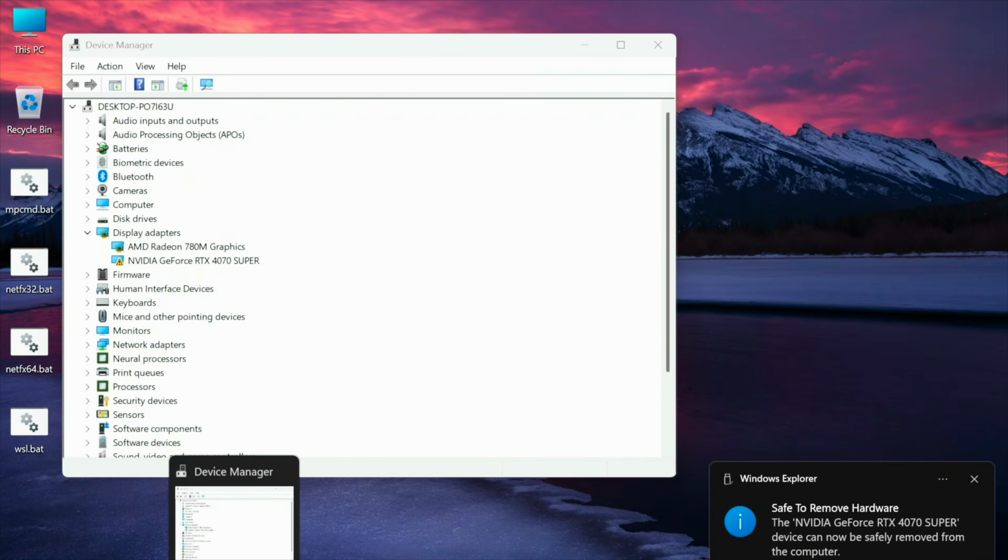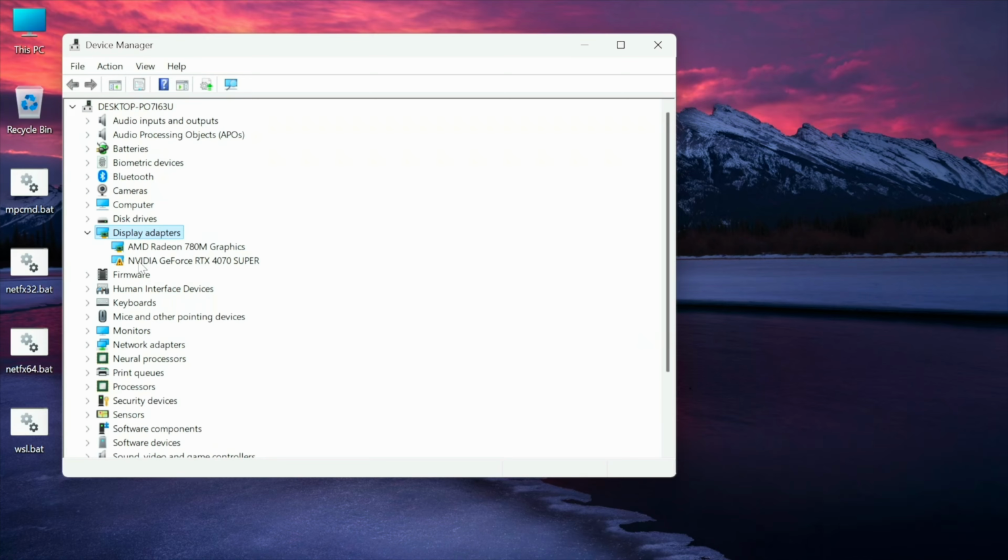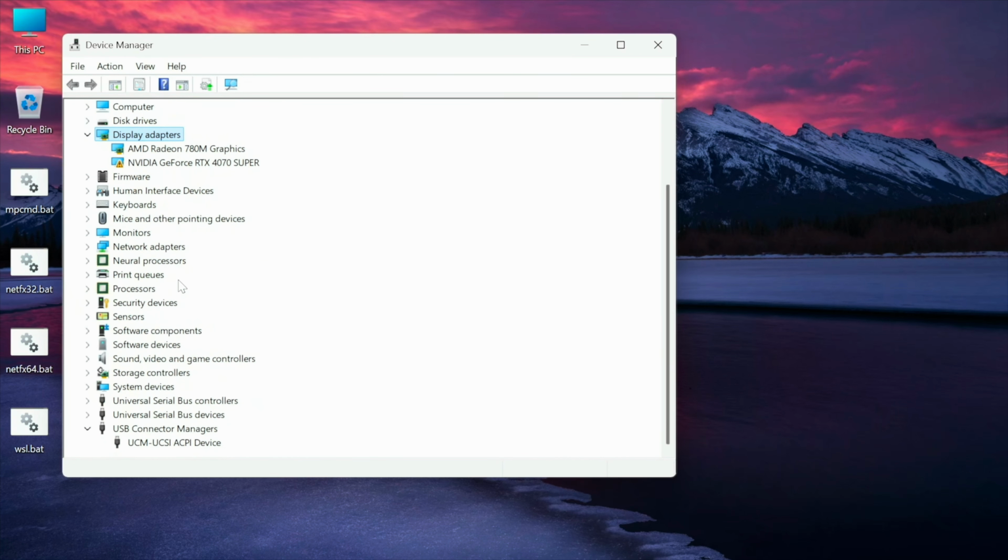You'll see yellow bangs on the 4070 Super or any GPU that is connected. This is still not safe to remove from the port directly because it will trigger the ACPI error once again with that same UCM driver issue, and you have to redo the earlier steps to get the eGPU back